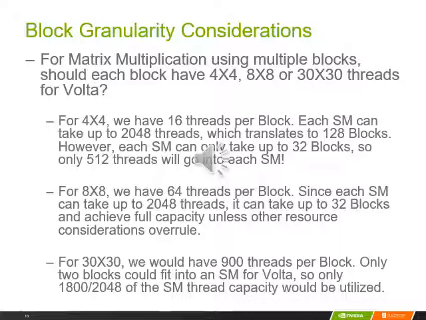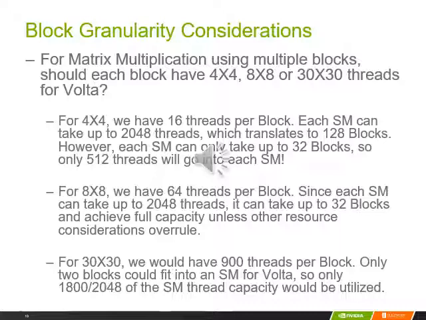This slide shows how one can reason about the thread block granularity that's most appropriate for organizing the execution of a kernel for a matrix multiplication problem. Consider using block sizes of 4x4, 8x8, or 30x30 threads. For the 4x4 case, we have a total of 16 threads per block. Each SM can take up to 2,048 threads, which translates to 128 blocks. However, the SM can only take up to 32 blocks total, so only 512 threads will go into each SM,